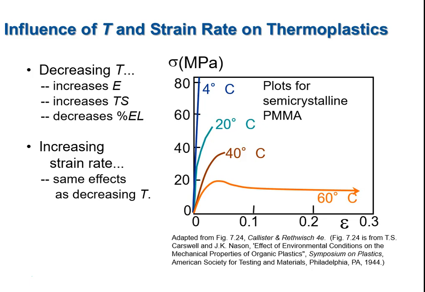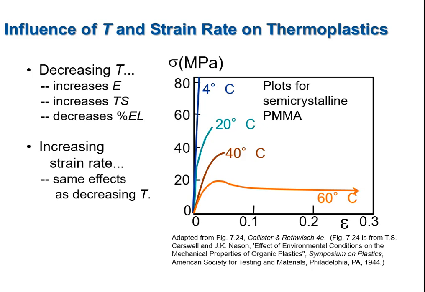Viscoelastic material behavior, its stress strain behavior, will be very dependent on the temperature at which you run the test, or the behavior of the material in service will be dependent on the temperature of your service environment. With decreasing temperature, so colder, giving you effectively a higher modulus, a higher effective tensile strength, and a decrease in